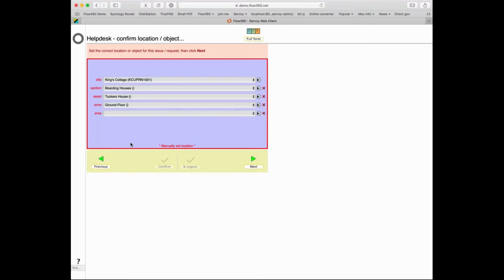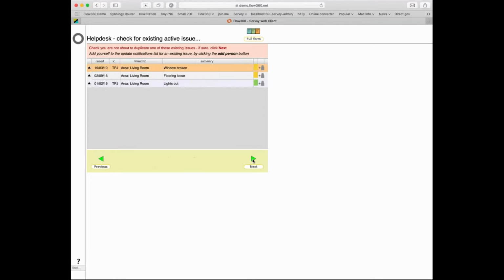Okay, so maybe it's the ground floor and the living room of Tucker's house, and I'm going to click the next button, and I can see immediately that there are 3 issues already logged. The system then asks me just to confirm that I'm not about to duplicate one of those, and in fact the thing I'm about to log, which is to do with the door lock, is not one of those,